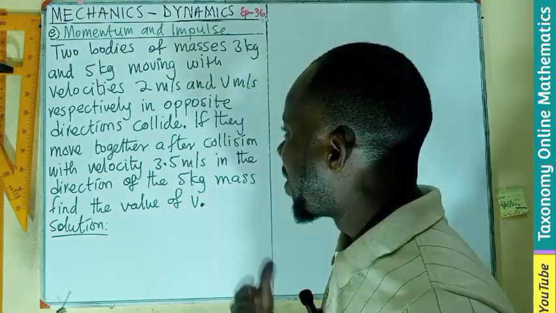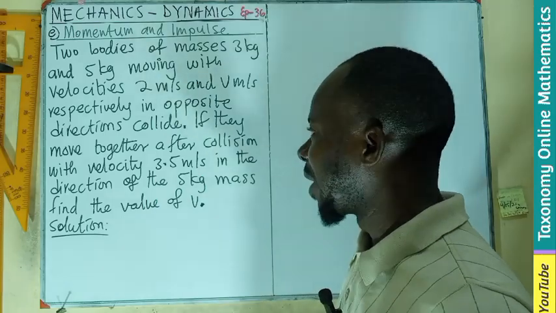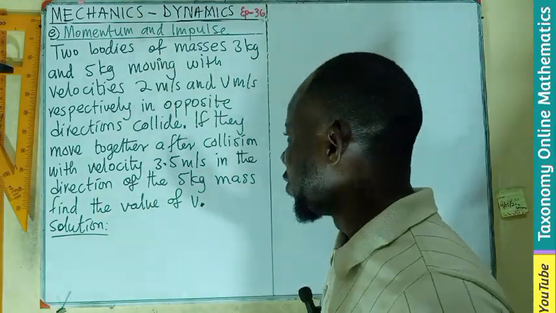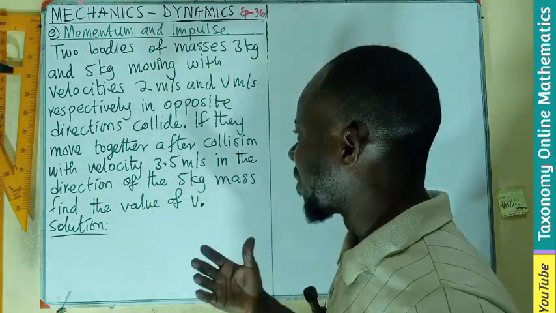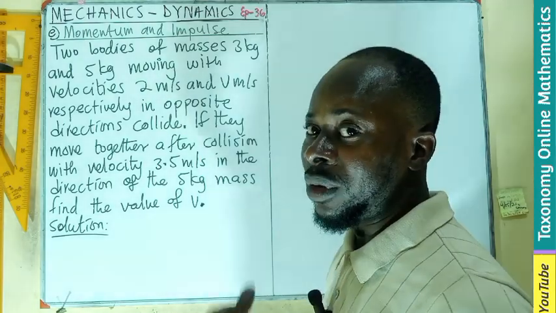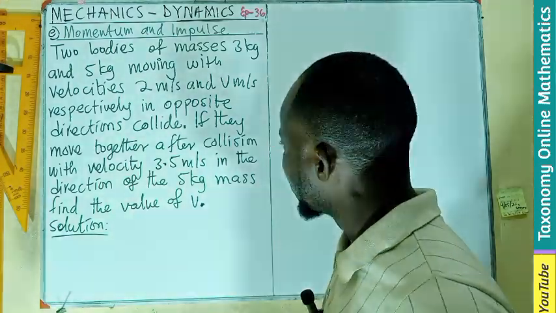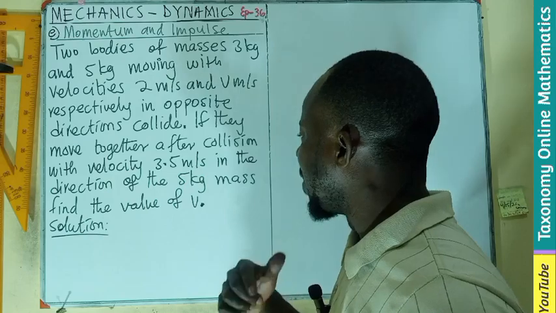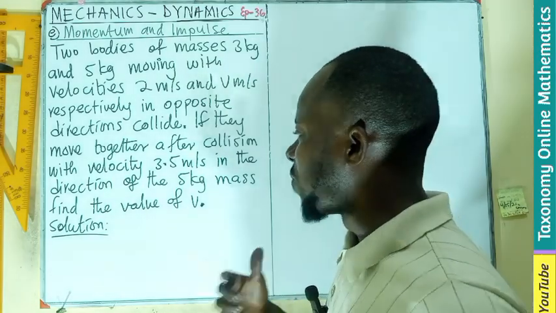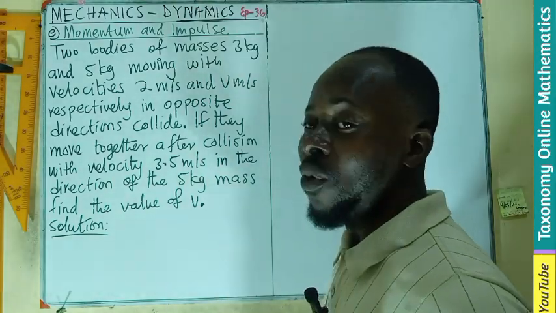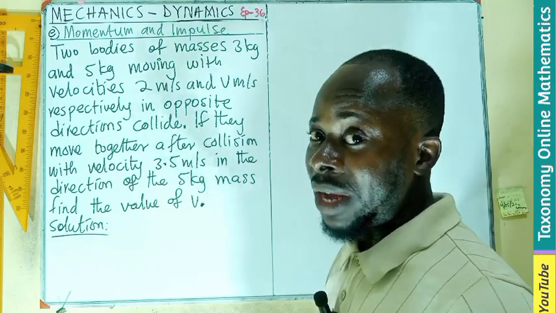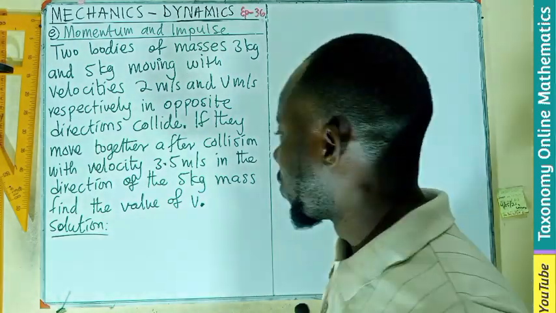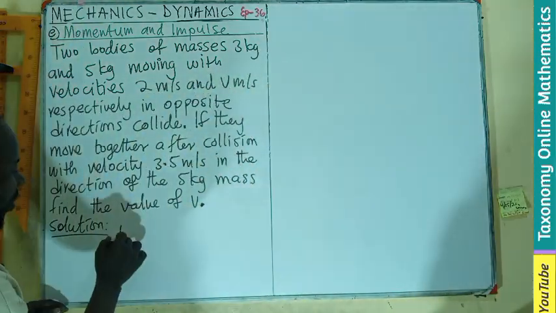meter per second, respectively, in the opposite direction and collide. So if they move together after collision with a common velocity of 3.5 meter per second in the direction of the 5 kg mass, we have to find the value of V. This is still on the principles of conservation of momentum. Let's say before